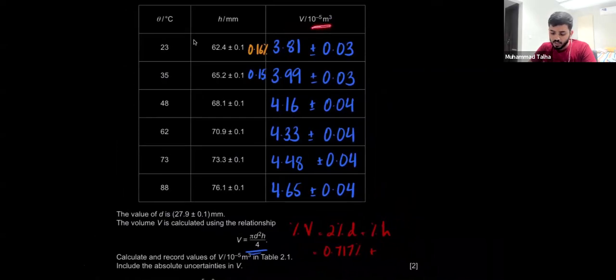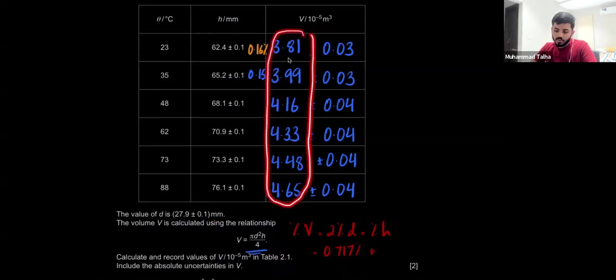Again, you have to give this in 10 to the negative 5. To avoid getting myself messed up with the standard form in an exam setting, I just substituted the prefixes into the calculator. For example, if this is milli, I substituted 10 to the negative 3 into the calculator. This is also milli, I substituted this into the calculator, and I let the calculator do its thing, right? And then I just write this value correct to 10 to the negative 5 with a prefix of 10 to the negative 5. So that's what I do. So that's how I get all of these values.